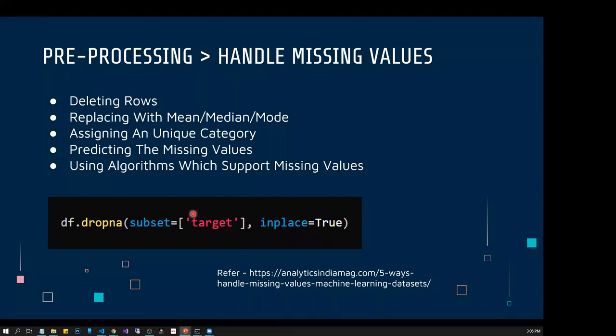If you have missing values in that class variable, you cannot use that data point now. So you have to drop that. That is what this code segment does. But other than deleting rows, if you have missing values in other columns,